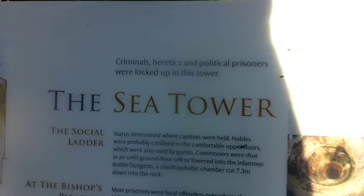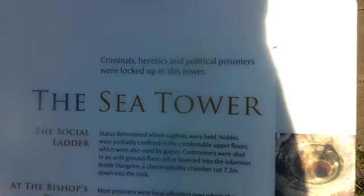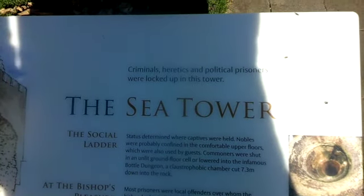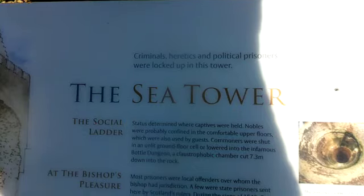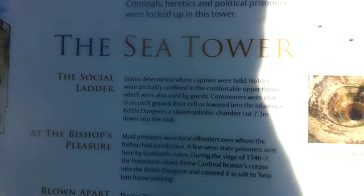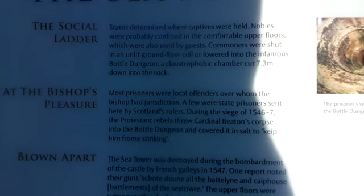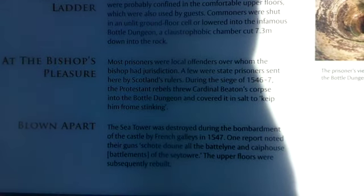It was Cardinal David Beaton's strong opposition to the marriage of the infant Mary Queen of Scots to Prince Edward, future King Edward, son and heir of Henry VIII of England, that led to renewed warfare between the two countries in 1544. Then in 1546, Cardinal David Beaton had the Protestant preacher George Wishart burnt at the stake in front